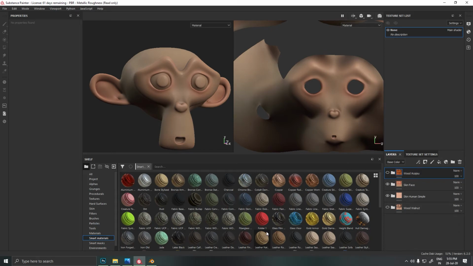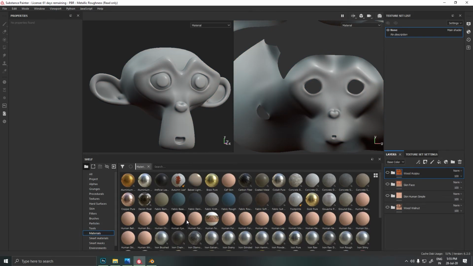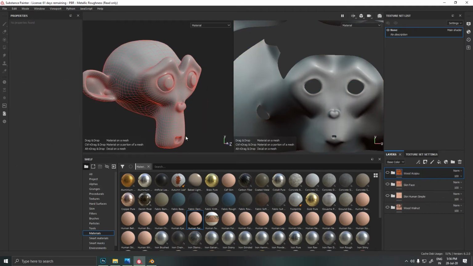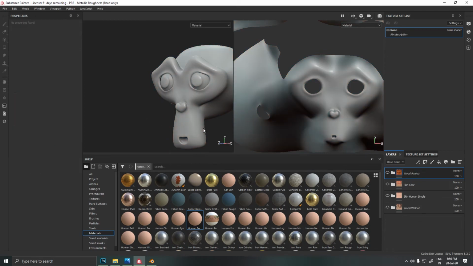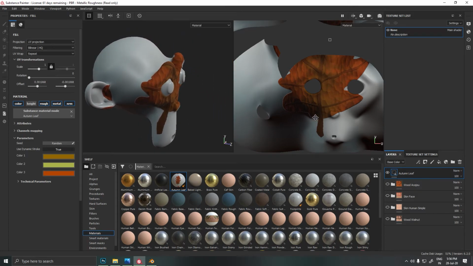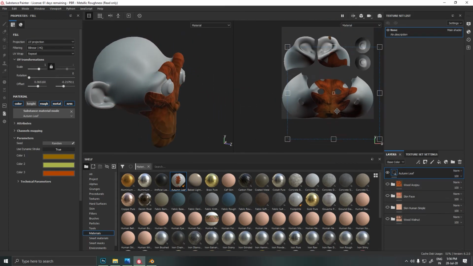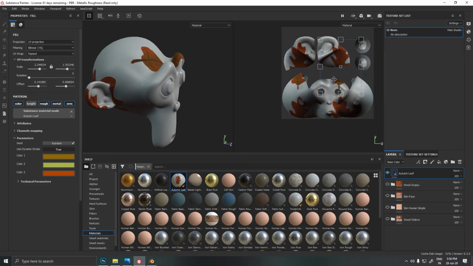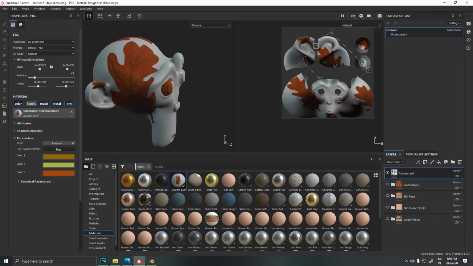Now just take a look at it. If I have to merge these textures, there are separate textures. Human eye in materials, you may not see these textures in smart materials. Autumn leaf, see, you can move these textures, you can scale them, and you can rotate them too.